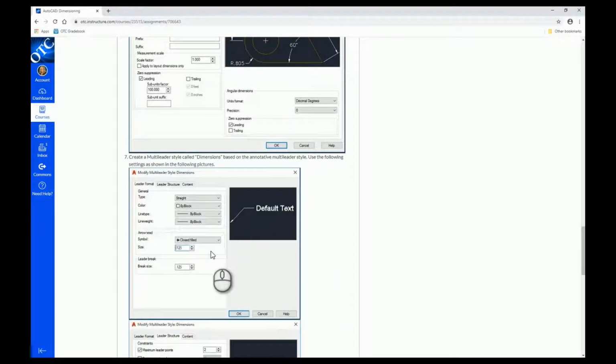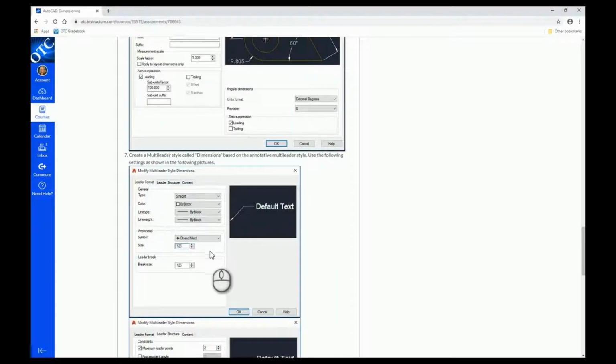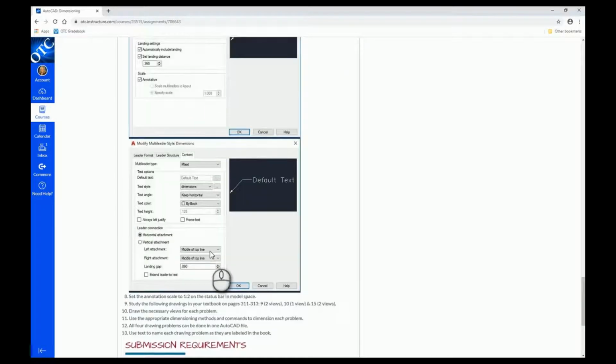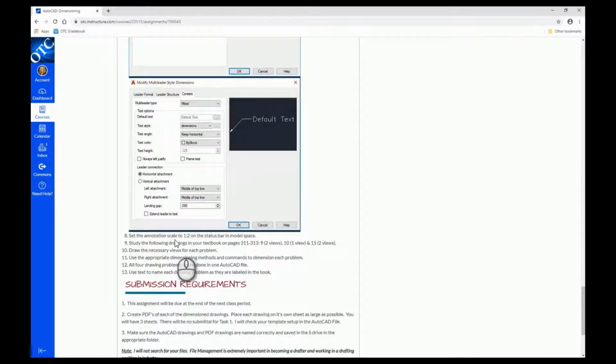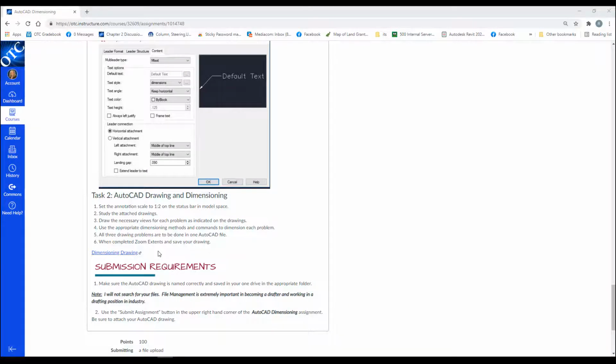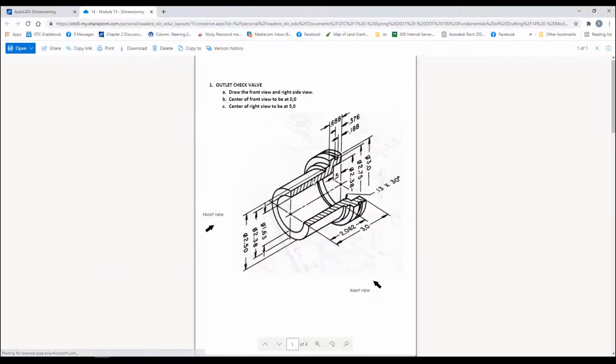And then you're going to do the same thing for the multi-leaders. You're going to go through and you're going to set that up. Again, it's very, very important that you put the right text styles in both of those. Then you're going to set that annotation scale in model space at 1 to 2. After setting your scale properly, you're going to go to the dimensioning and drawing attachment, and on the first one,